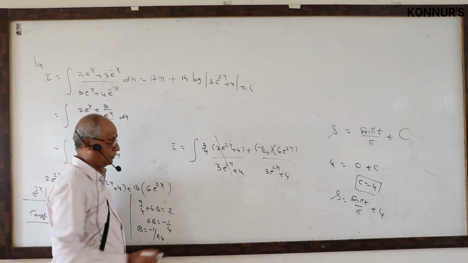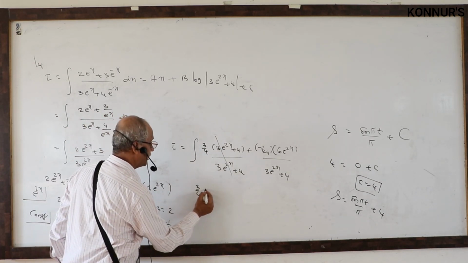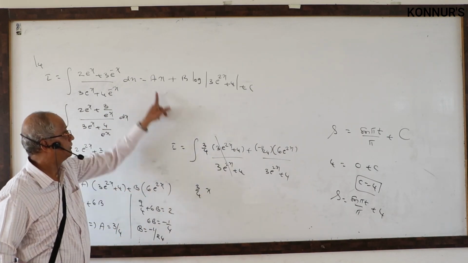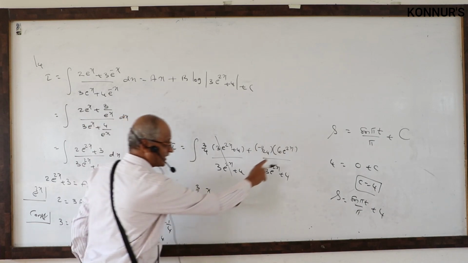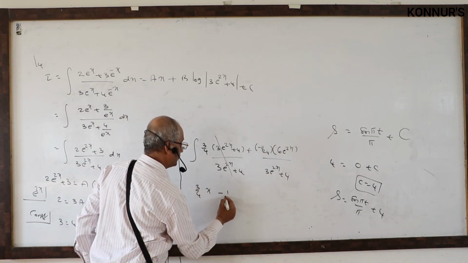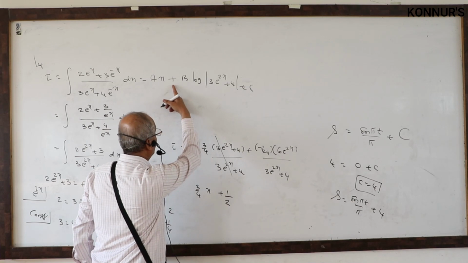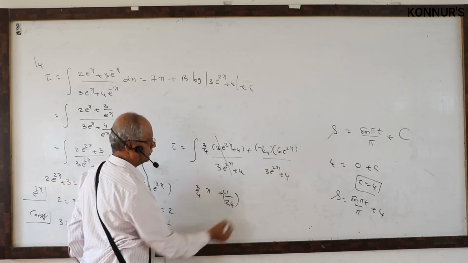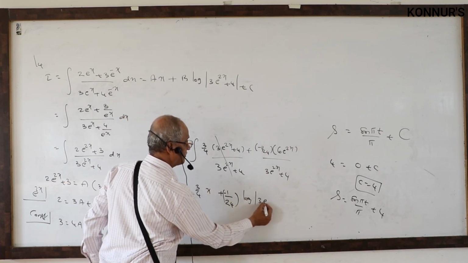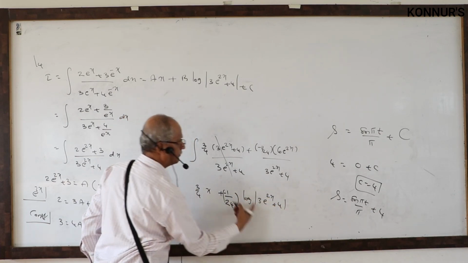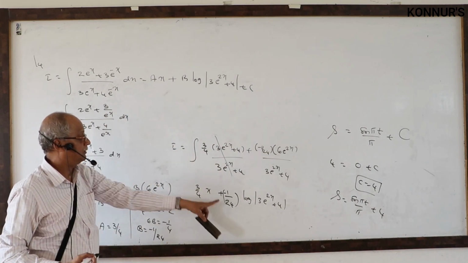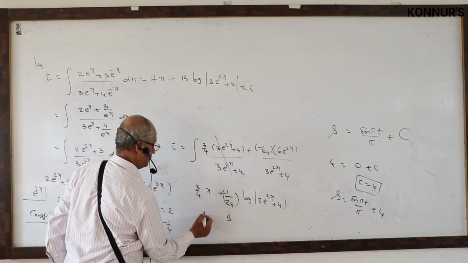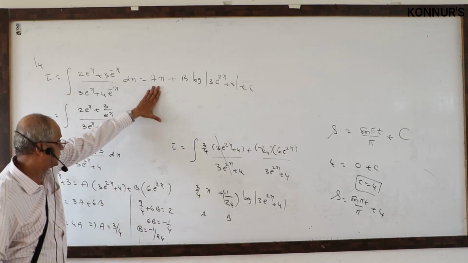Understood? 3 by 4 into integral 1. A value 3 by 4. F dash x by f of x, he is writing plus, minus 1 by 4 into f dash x by fx. What is answer? Log of denominator. What is b value? Minus 1 by 24. Therefore a and b completed. As per their intention we started doing solution.